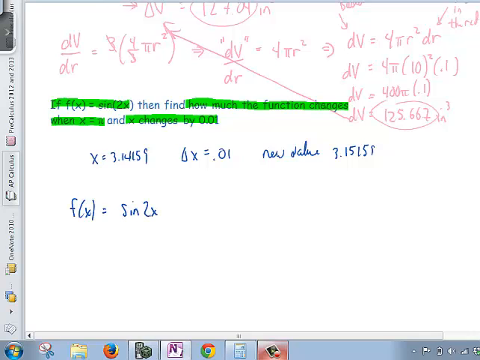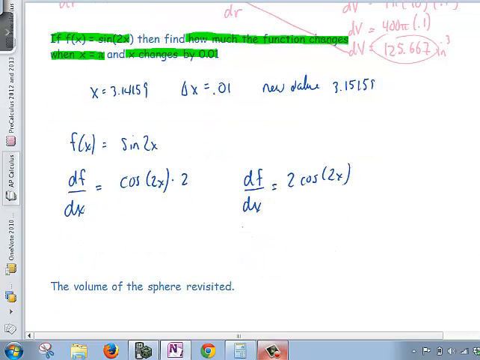And remember, a differential uses the derivative. So let me take the derivative, df dx, and that's going to equal the sine of 2x, the derivative will be the cosine of 2x, and don't forget the chain rule. So now df dx is equal to 2 cosine of 2x,